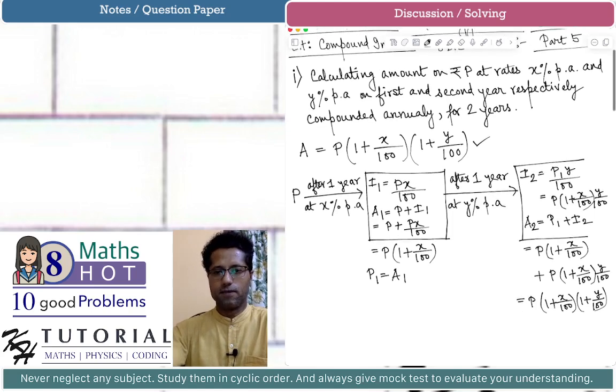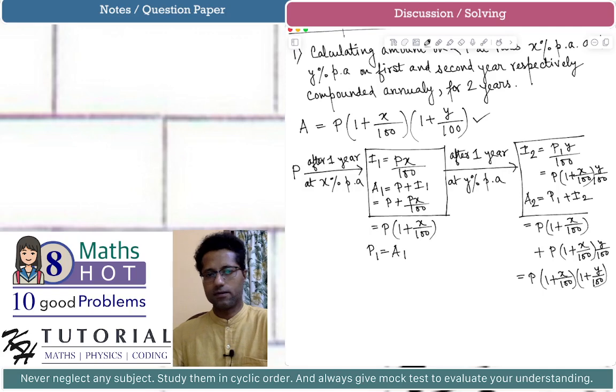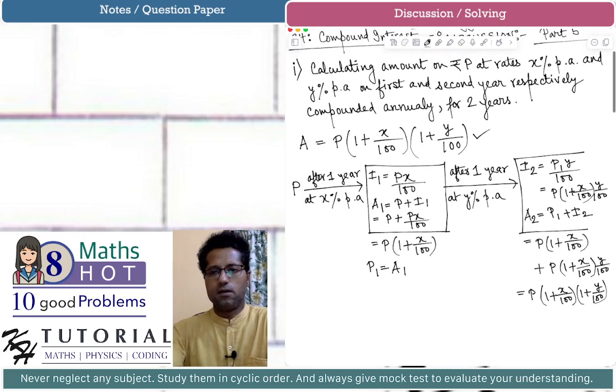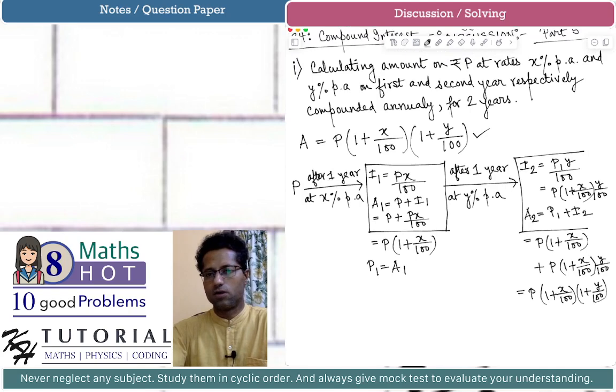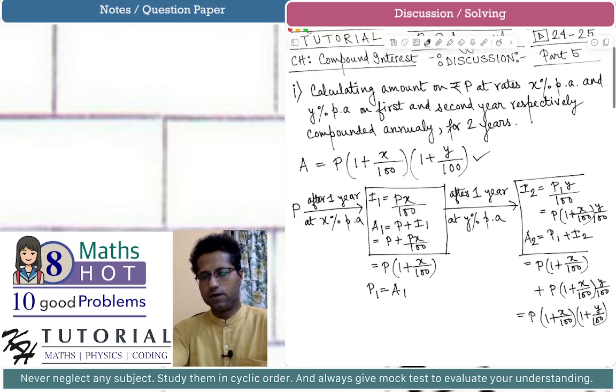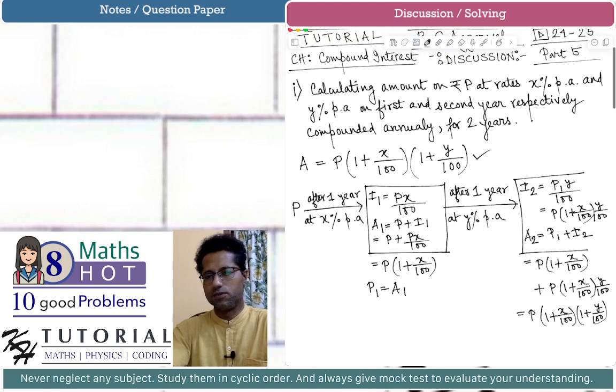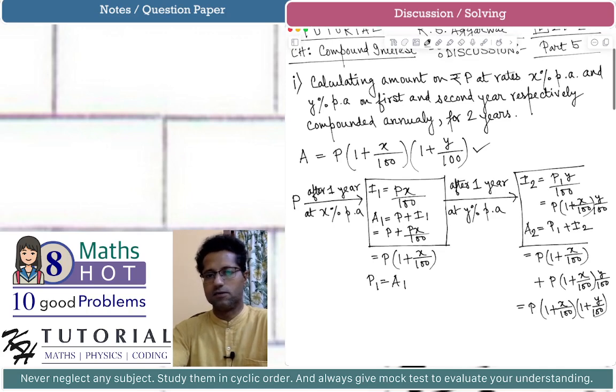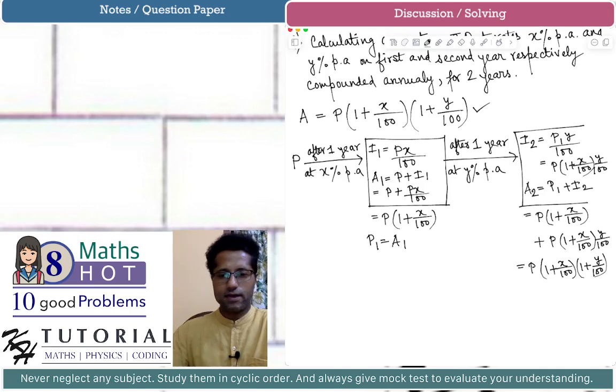The result will be the same because, if the order of the rates is changed for case 1, where we are trying to find the amount on a principal P for 2 years, where the interest is being compounded annually and the rate is x% per annum for the first year and y% per annum for the second year, if the order of x% and y% is changed, then the formula will be the same, because we know that